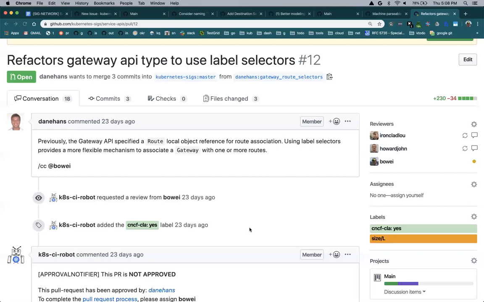We actually have a lot of questions about this sort of thing for Contour as well, because Contour already includes a similar kind of thing to an extent. For our type, the HTTP proxy, it's the same object type, but there are actually two subtypes based on whether or not it has a virtual host definition. One with the virtual host definition is a root HTTP proxy, and that's treated slightly differently than an HTTP proxy that has